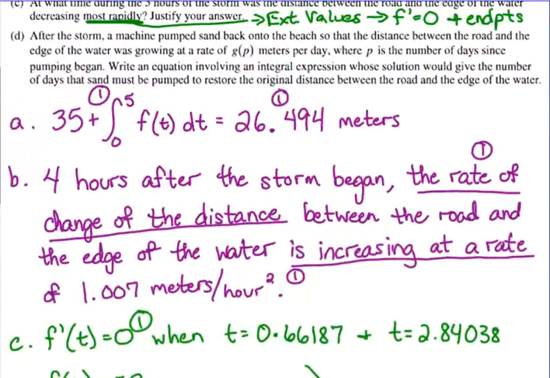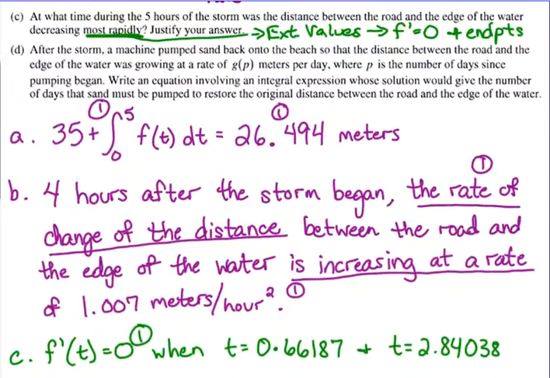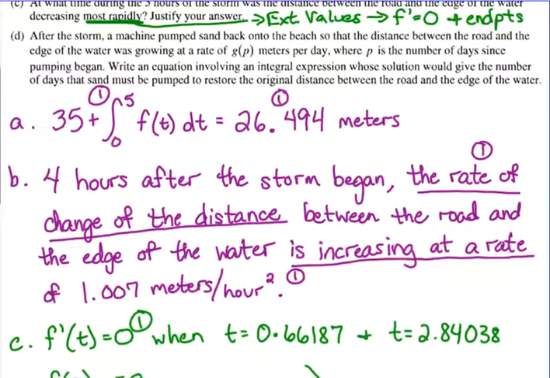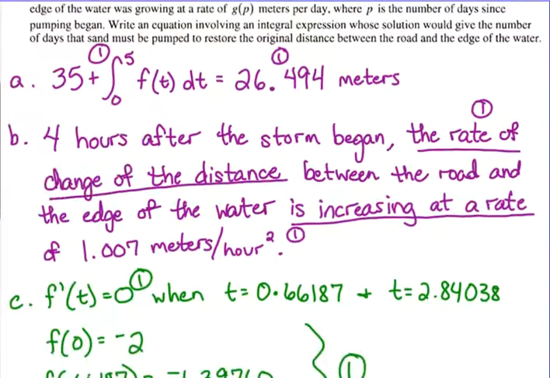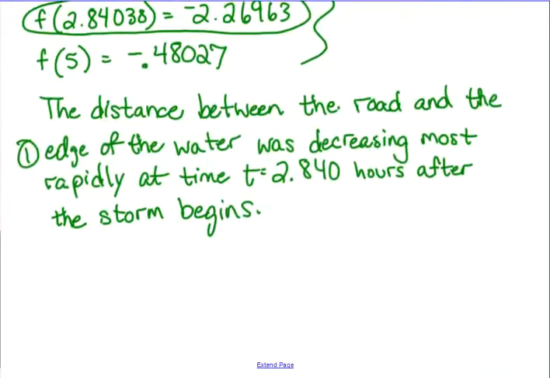All right, last part. After the storm, a machine pumped sand back onto the beach, so the distance between the road and the edge of the water was growing at a rate of G of P meters per day, where P is the number of days since pumping began. Write an equation involving an integral expression whose solution would give the number of days that sand must be pumped to restore the original distance between the road and the edge of the water. All right, so let's think about this for a second. We need to replace everything that